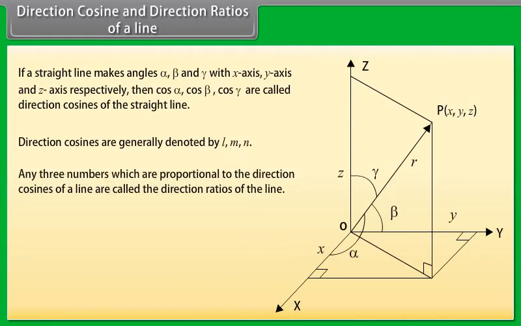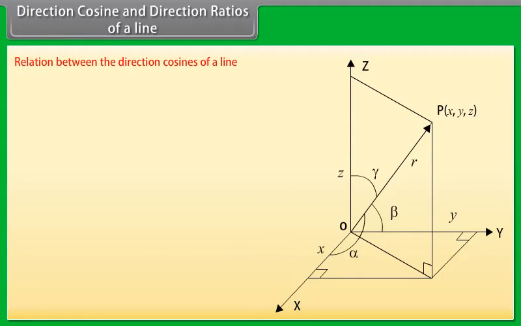Any three numbers which are proportional to the direction cosines of a line are called the direction ratios of the line. If A, B and C are direction ratios of a line, then A equals lambda L, B equals lambda M, C equals lambda N. Relation between the direction cosines of a line. If L, M, N are direction cosines of a straight line, then L square plus M square plus N square